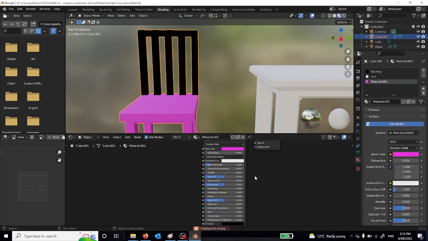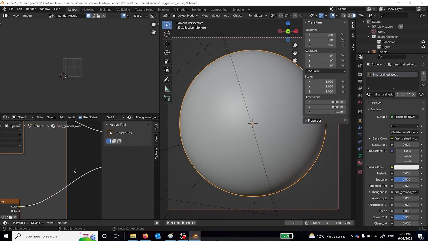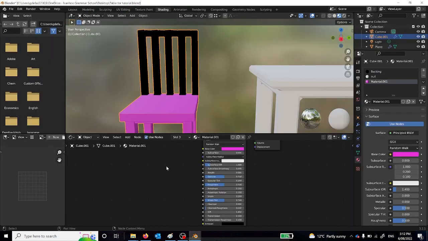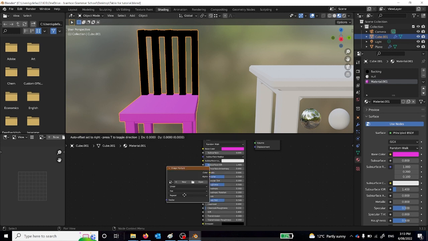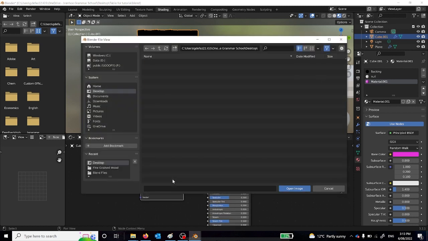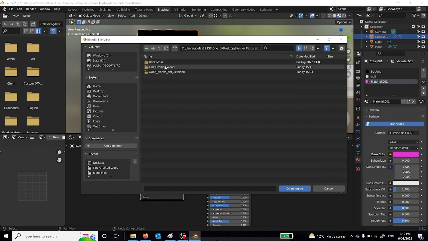Okay, so effectively what you want to do for the material is make sure you have the textures in a place that you know where they are. So first off, we're going to need to get a texture file. So if we go Shift A, we look for texture, and there should be image texture, and that's the one we're going to be using. So we click open, we go into our texture folder, and we're going to do the fine grain wood, depends on what you would like to do, and we are going to do the color one,